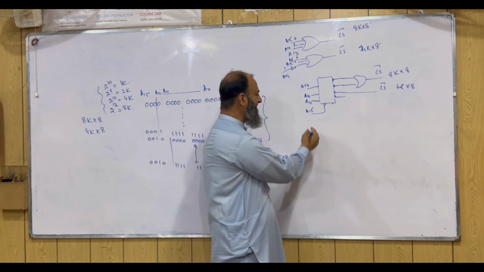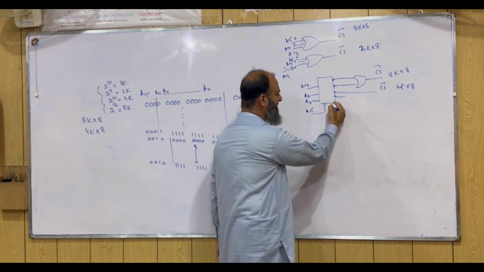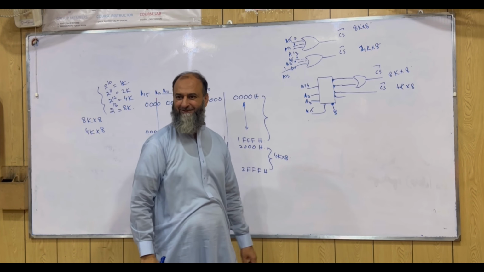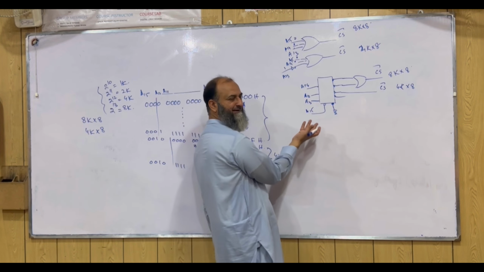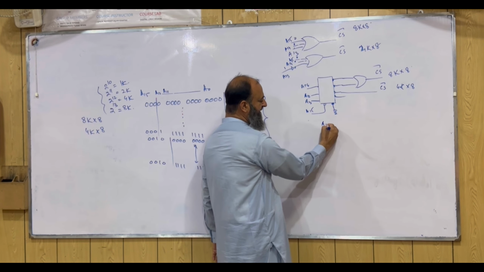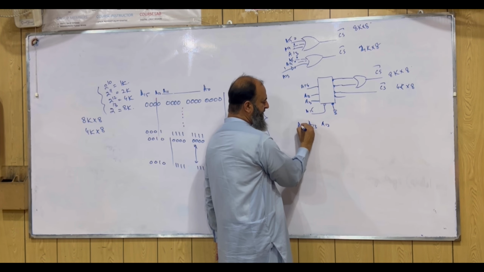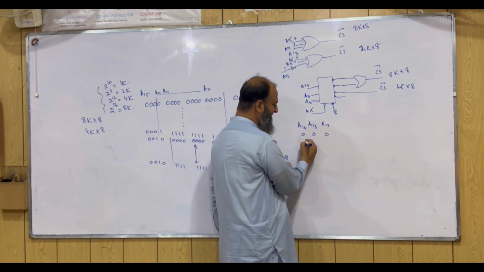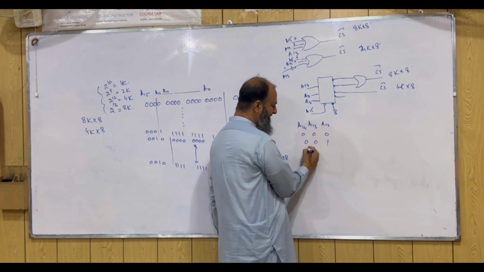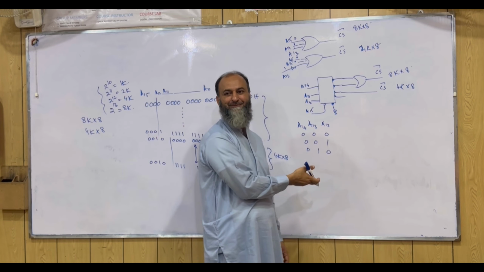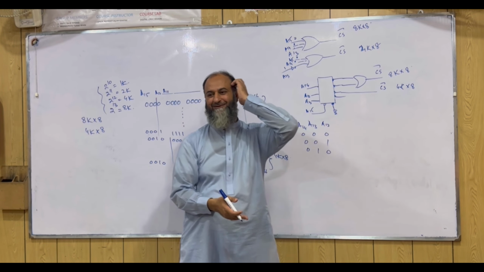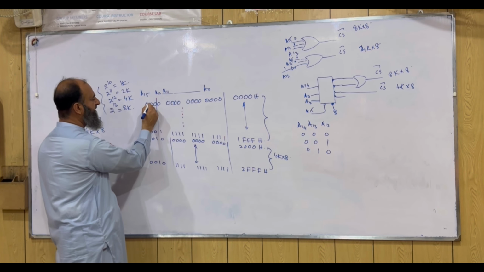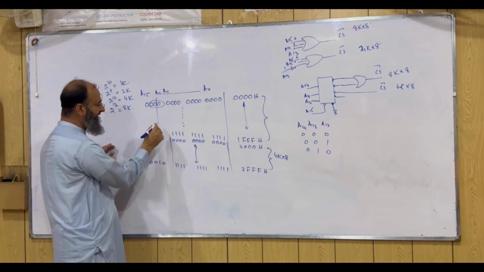One input I use as chip enable, and this other one I permanently ground, and the others will all be inputs. So we have this logic of A12, A13 and A14. It may have the logic 0 0 0, 0 0 1, 0 1 0. The combinations you have, you combine them, and then we use these three.